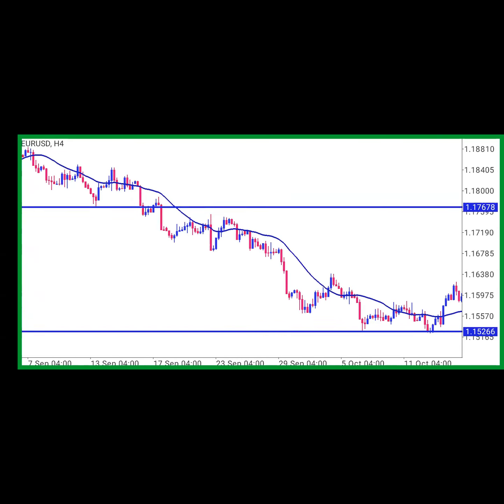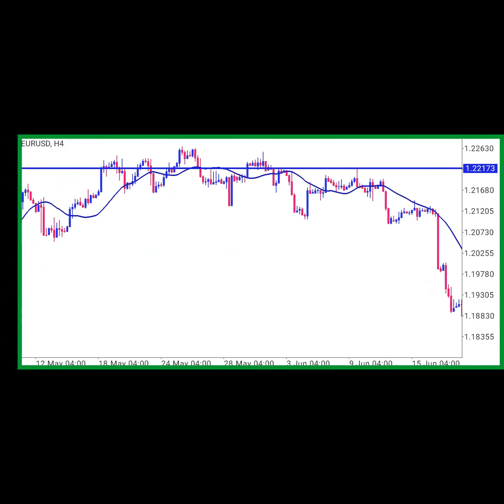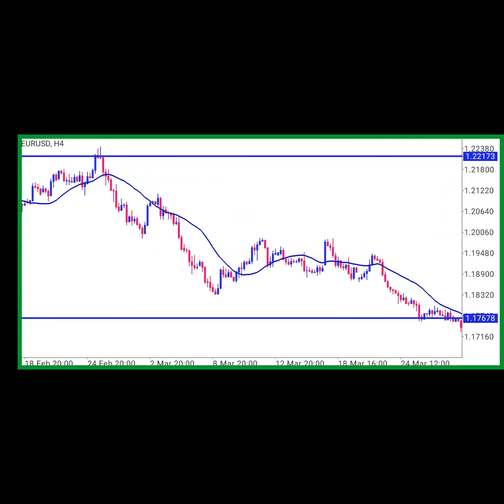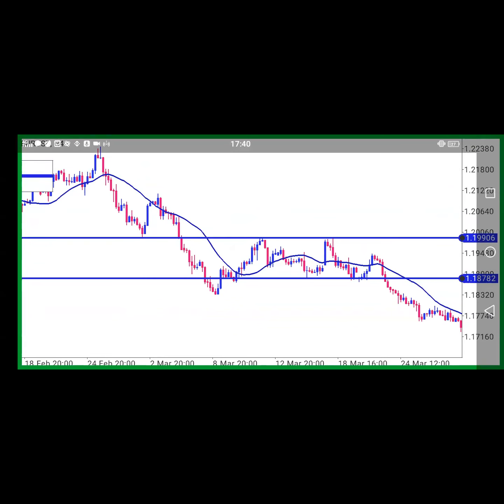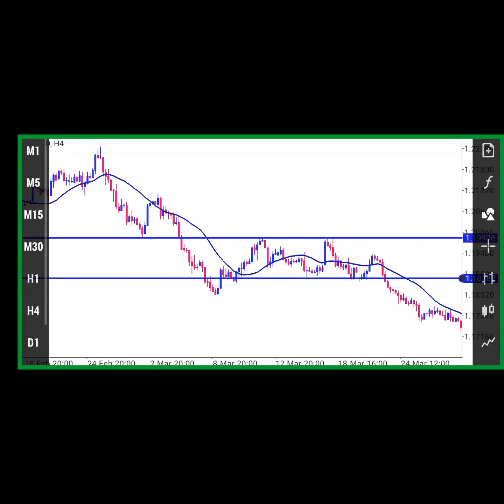So a range, you could see a range where the market is just resting for a brief period of time, and then it starts to move again. Yeah, this is a scenario of a continuation. It was moving down. All of a sudden, it ranged, meaning at this point it was resting. And what happened? It later broke to the downside.